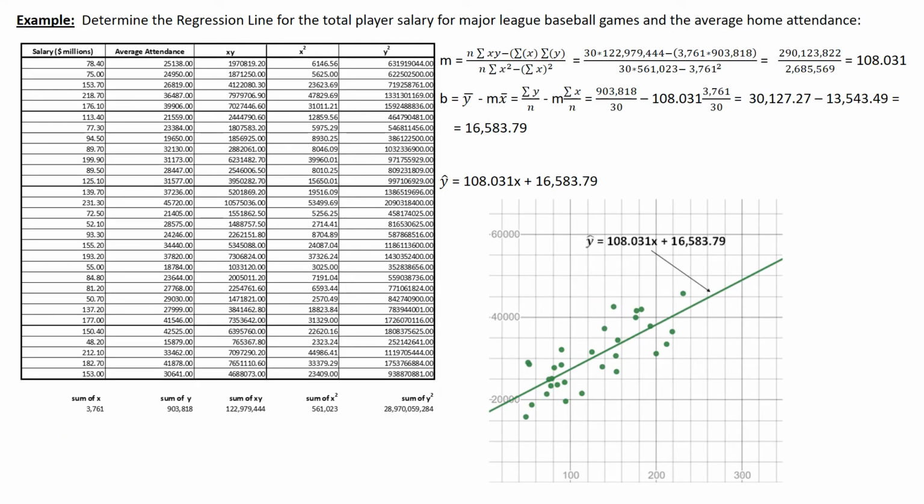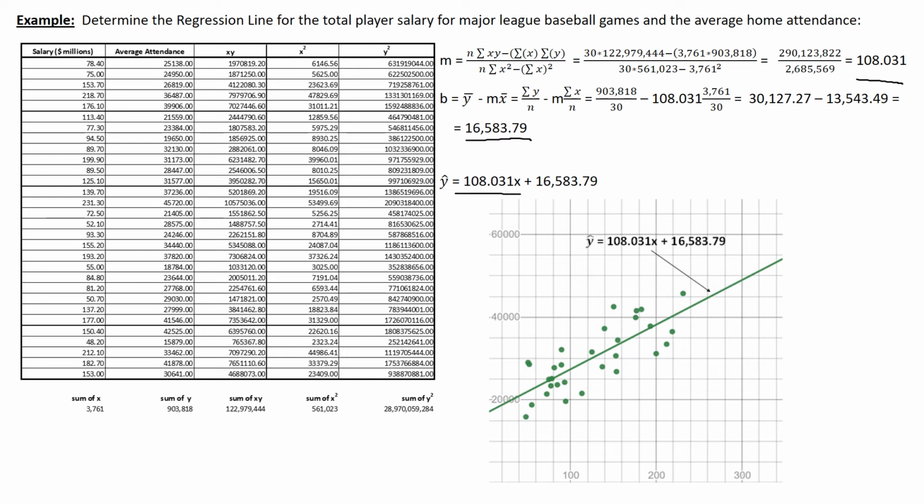Now, we also did the one with the baseball players, and I'm going to show you an example of how to use this. And you can see we've got the salary in millions of dollars, total salary for all major league teams, all 30 teams, and then the average attendance on the y-axis. And I've put all my individual data in because I've summed it all up before. I did it before for correlation. I find my slope, I find my y-intercept, and this is the equation,